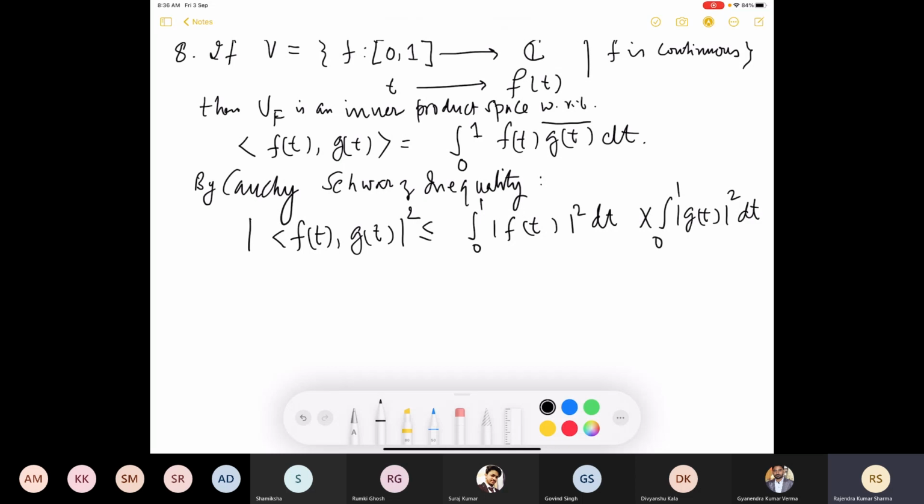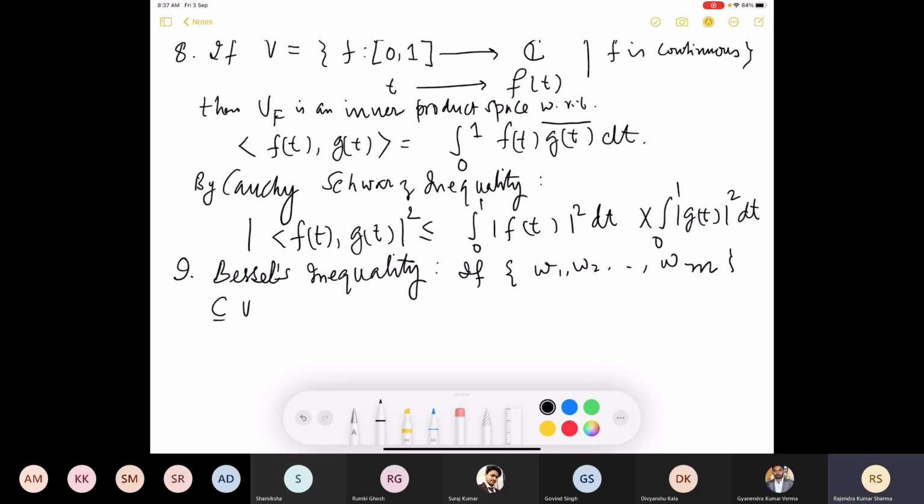But for ninth, you will need what is called orthonormality. So Bessel's inequality: what it says is that if W1, W2, up to Wm in V over F, an inner product space, is an orthonormal set,